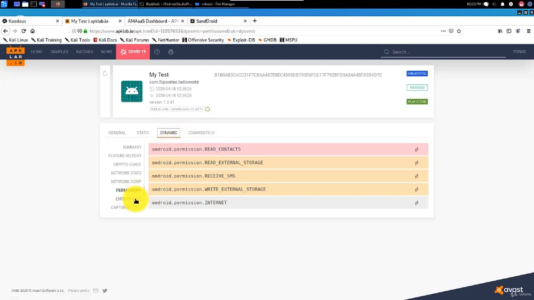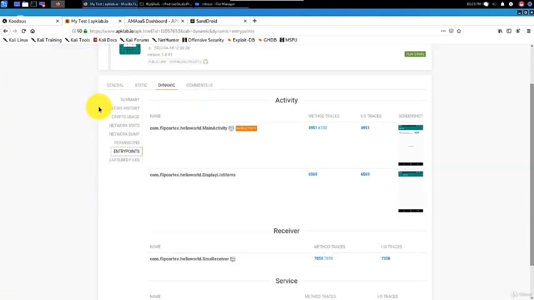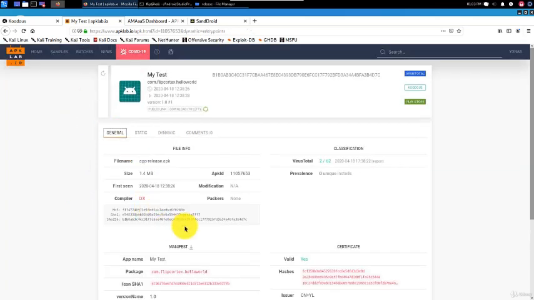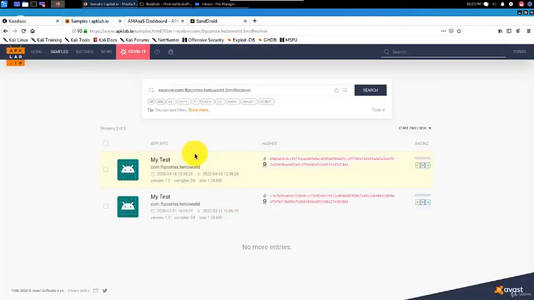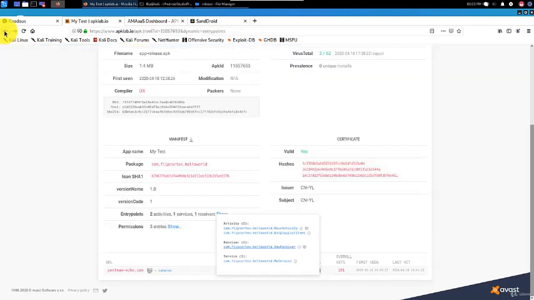Now, while it doesn't provide a full picture, it does give you good insight on where you should go to look deeper. So for example, this here tells you that there is a receiver. If you want to look deeper, you can do some static analysis manually on top of it. We can use Bytecode Viewer or other tools we saw earlier and dig deeper.